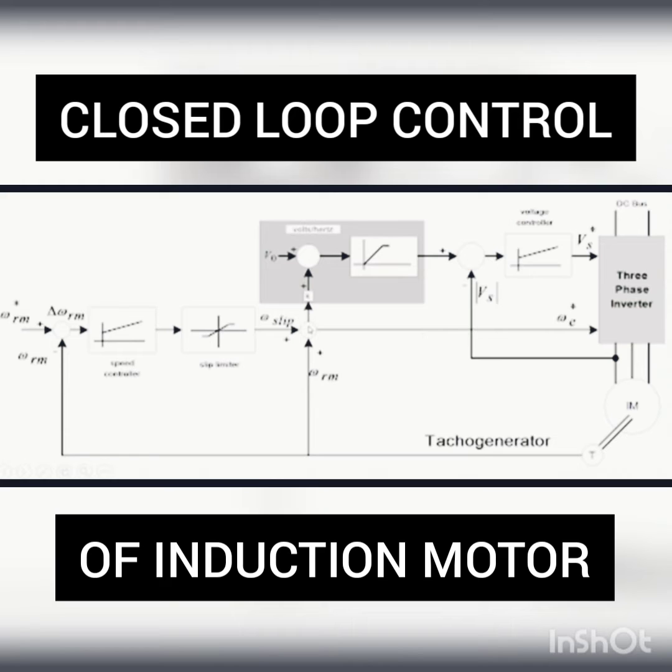The output of this limit block, that is the speed controller, is given to the slip. This required slip of the motor gives the actual speed and the synchronous speed. Based on the synchronous speed, it is scaled to give a frequency. So we are getting a frequency variation. This frequency goes directly to the inductor. Also, for the frequency variation, we are giving the required voltage with the boosted voltage.